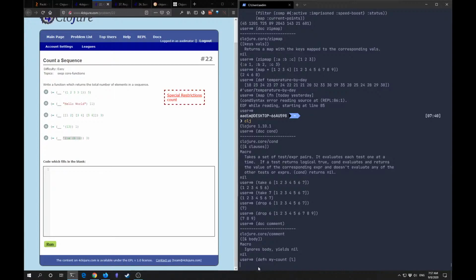Or should we use if else? If rest, if not rest, then